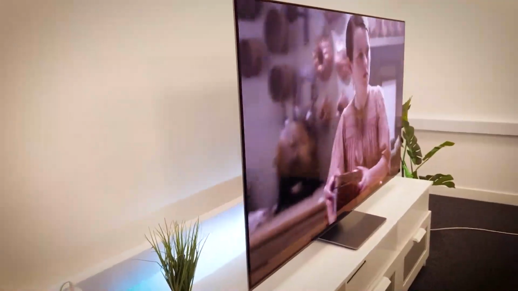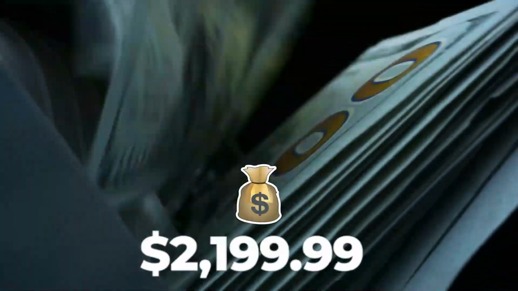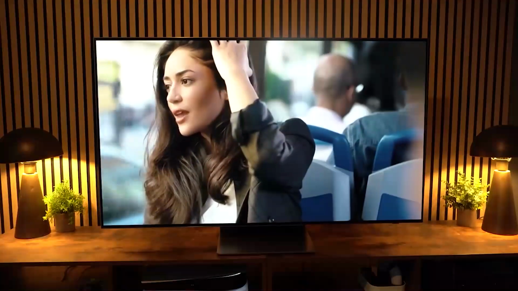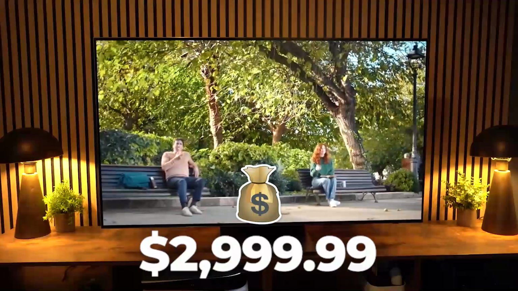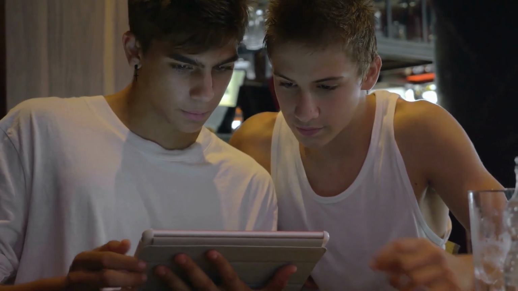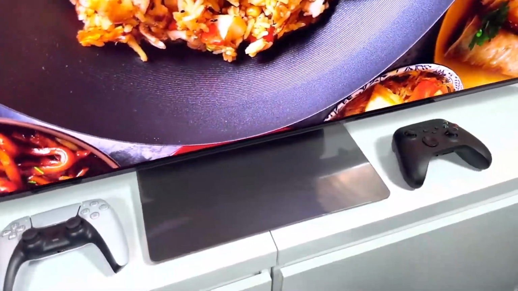The S95B Samsung 55-inch is on sale for $2,199.99, and the 65-inch selling for $2,999.99. Furthermore, for those looking for a Samsung QD-OLED in a larger size, well, some good news was revealed at this year's CES,